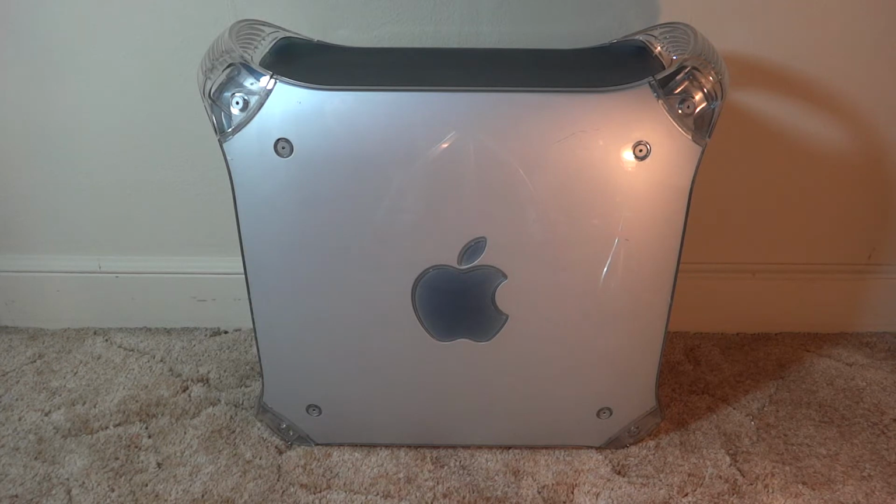Now, the online auction it came from was a local school here. The school left all the information from the teacher still on the computer. So I, of course, wiped all that off, and the operating system that they had on this computer at the time was OS 9. Now, I can't remember exactly what version, it was just OS 9 from my memory. Anyway, it is now running OS